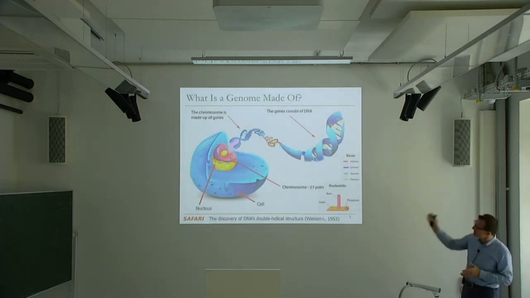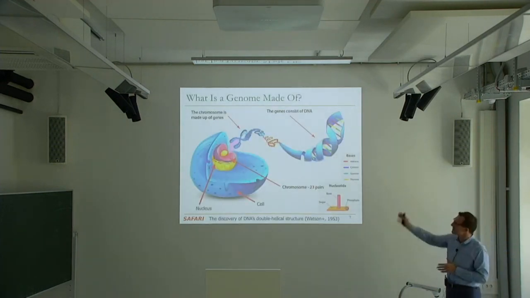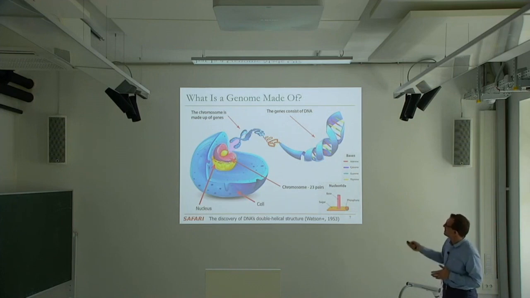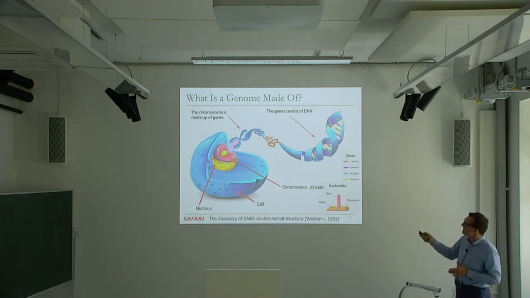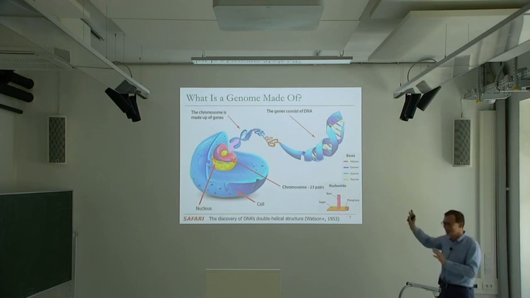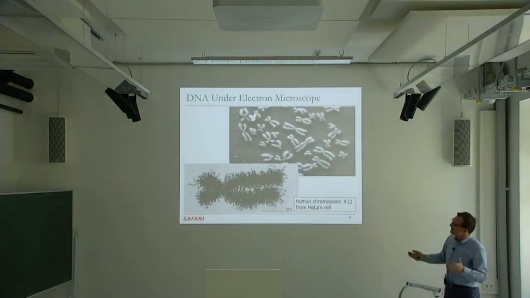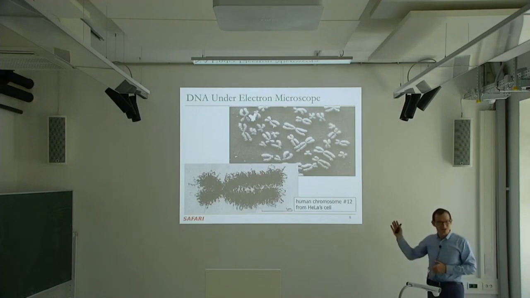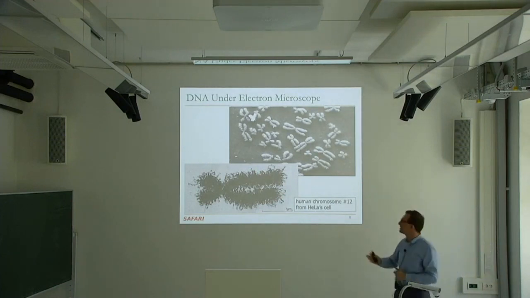So this is, again, very basic biology. This is what a genome looks like. Basically, it consists of a bunch of bases, A, C, G, T. If you don't remember, it's okay. It's not that important. And these are real, clearly. Every one of us has a DNA. Every living organism has this.